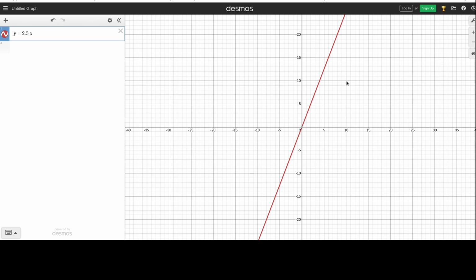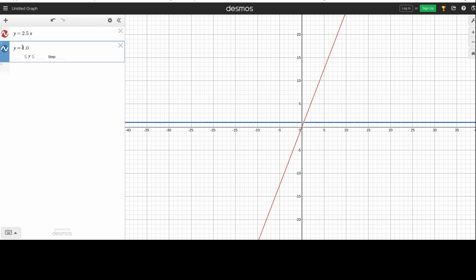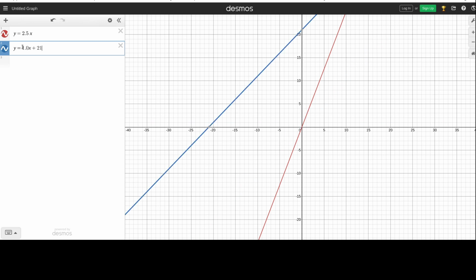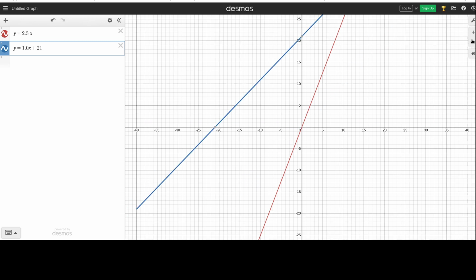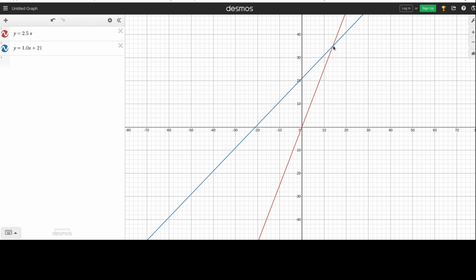So if I cross the bridge 10 times, that would be $25. Cross the bridge 5 times, I can actually highlight the point right here and see how it tells me my answers. So 5 times it's $12.50. So Desmos is a nice utility that'll let me see what's happening. What I can do is now take the other equation I have, 1.0x plus 21, and if I look, something neat happens. These graphs cross at a point,